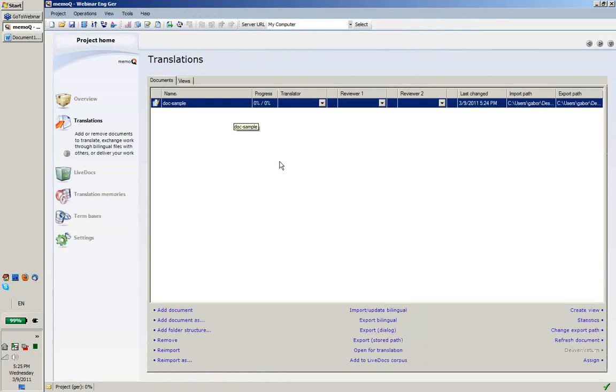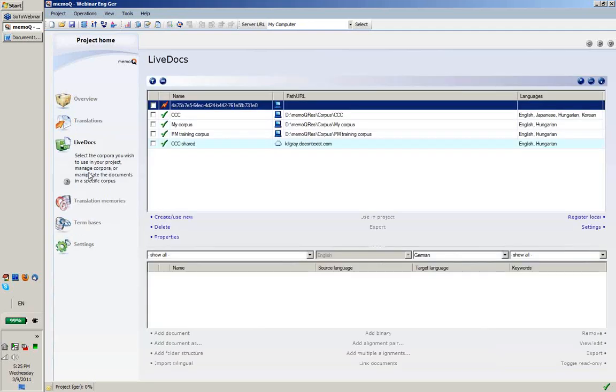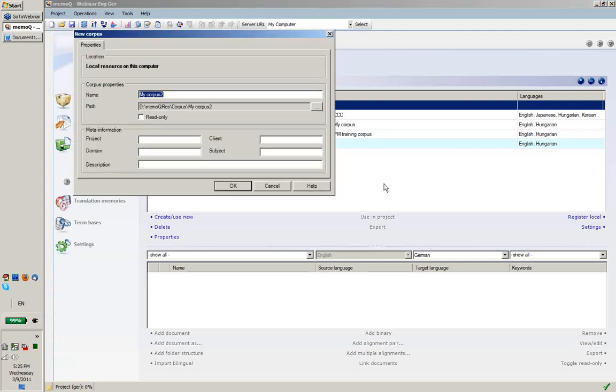live docs. I assume that most of you are already familiar with the concept of live docs. In the user interface, it shows up as a category on its own right here under translations. And you get to see a list of resources, more or less as you get to see for translation memories. And for this webinar, I'm just going to create a new live docs corpus here, which I will call a webinar corpus,